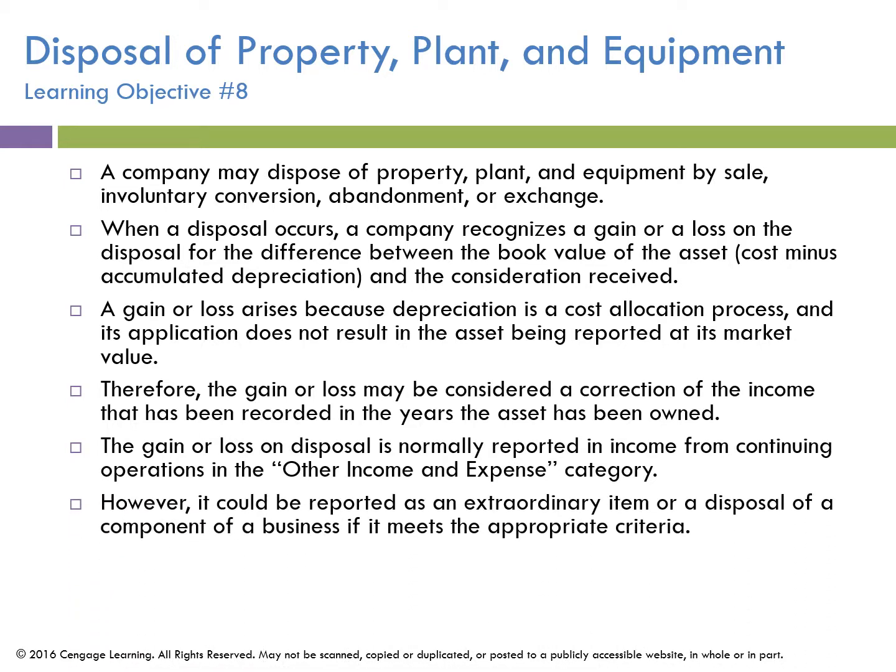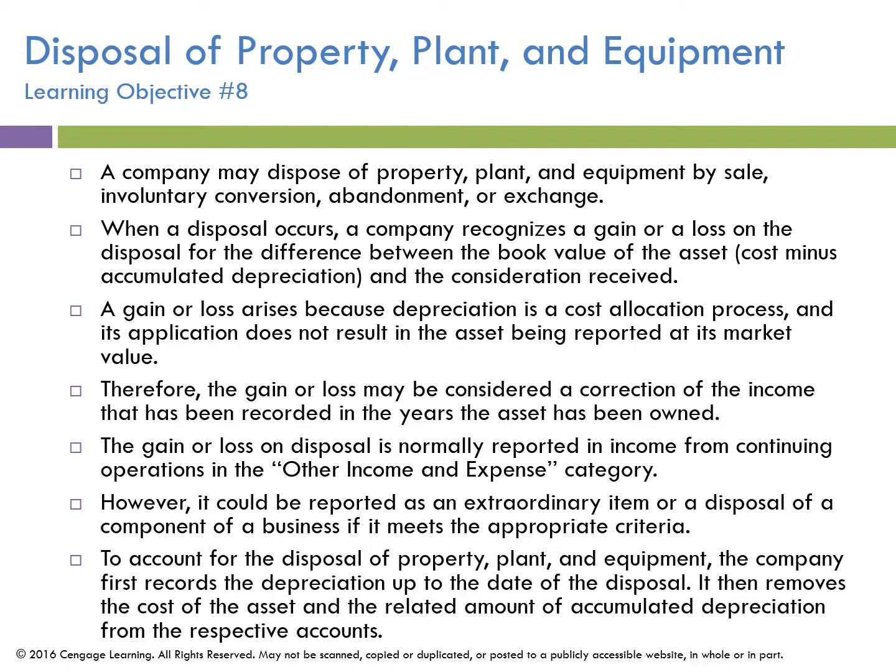Its gain or loss are listed in the other income and expense category in continuing operations. Or it could be disposition of a discontinued operation. Remember that? The company first records, this is important, you must first record all depreciation on the item being disposed of as of the date of disposal, and then remove the cost of the asset and any accumulated depreciation related to the